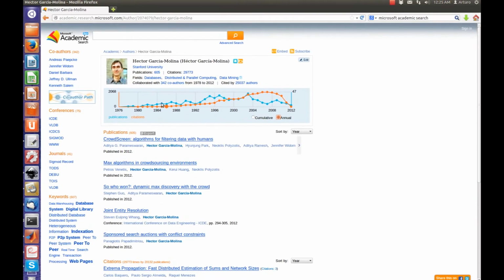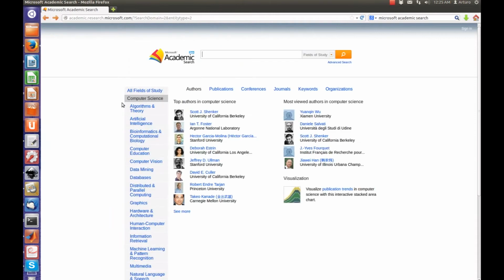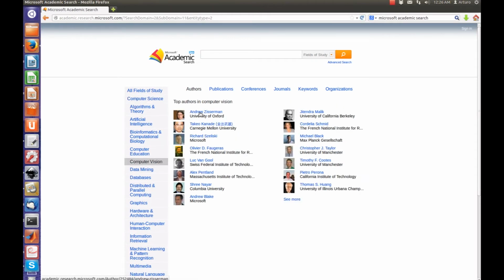and his top papers too. Google Scholar, I actually like Google Scholar more when it comes to looking at publications and rankings of a specific author. But I'm going to show you Microsoft Academic Search first because they have a very good ranking system for conferences, authors, and papers, and even domains, and that's something Google Scholar still doesn't have yet. So in Vision, let's go here first, and you see, there it is, top authors